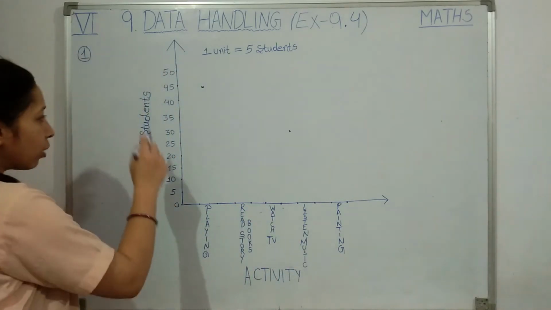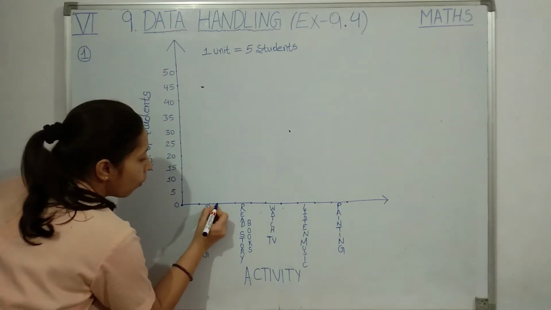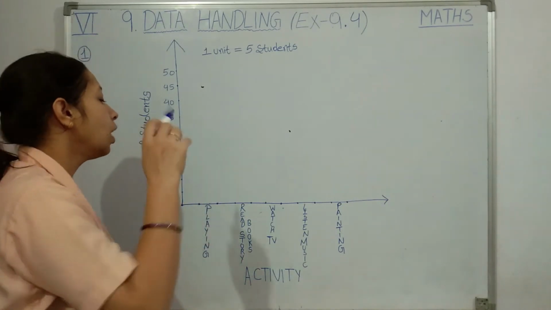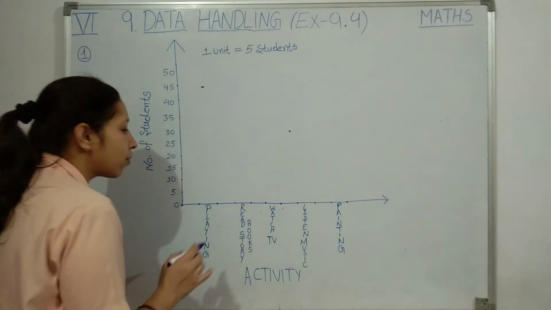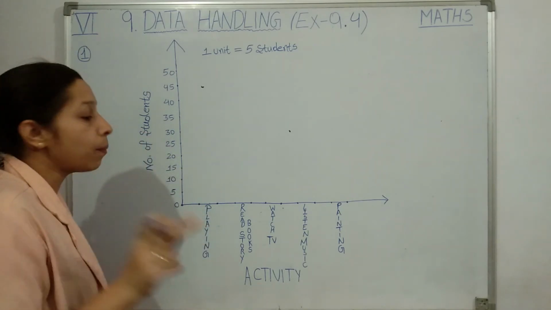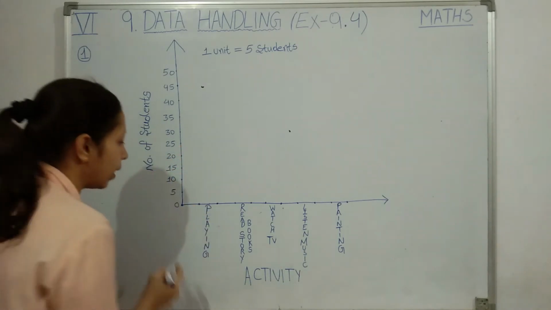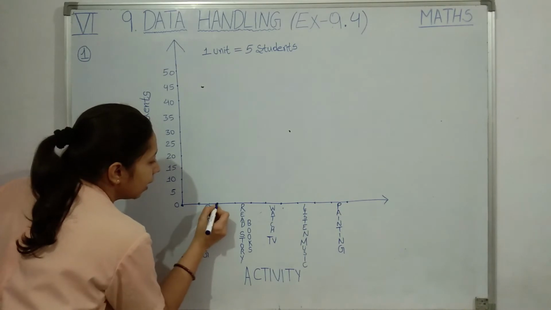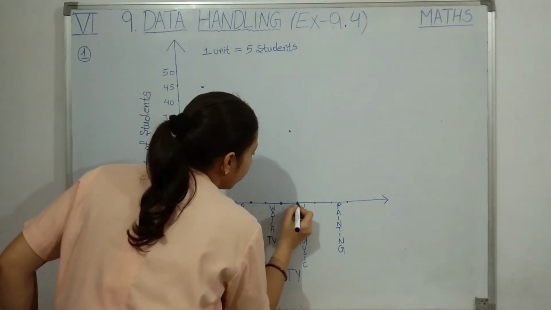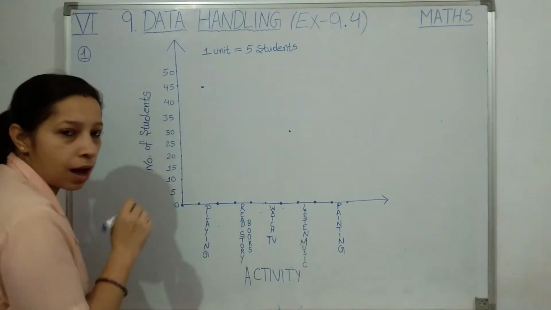Now what to do? When you draw the x-axis and y-axis of a bar graph, the first thing is you have to take uniform width bars. I told you in the beginning itself, in the explanation of bar graphs, that we have to take uniform bars. So there are 5 points that I want to show, and for those 5 points I will be marking 10 points on my x-axis. The gap between 2 points should be equal. See, here I have taken 10 points. In your bar graph notebook you will be marking the points on boxes, at the top of each box.